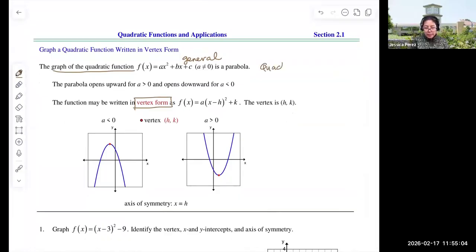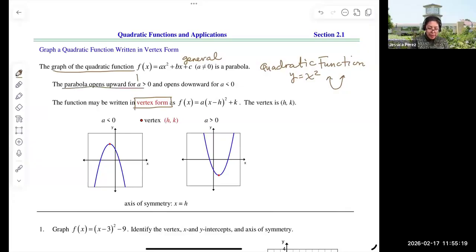So a quadratic function is a function that contains a second degree polynomial. So y equals x squared is our basic parabola that opens up, that has a parabolic shape. The parabola opens up if the leading coefficient a is greater than 0. Now, if it's negative, it will open down for a being less than 0. So y equals x squared, a in that case is 1. So 1 is greater than 0, so it will open up. Now, if I have y equals negative x squared, a is equal to negative 1, which is the leading coefficient of x. Negative 1 is less than 0, so it will open down